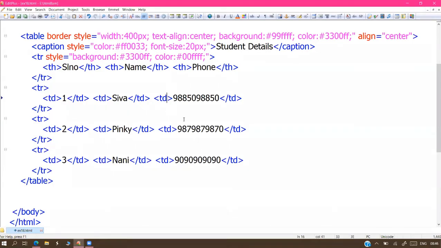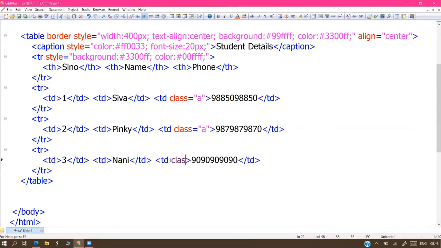If you use the class, suppose I have some small doubt. If you use the class, you are writing the class name here. What about here, sir? Can we use the same class name? Again, you have to write the class name here. What about this one, sir? Again, you have to write the class name here. Class B. Then we have to write class B.